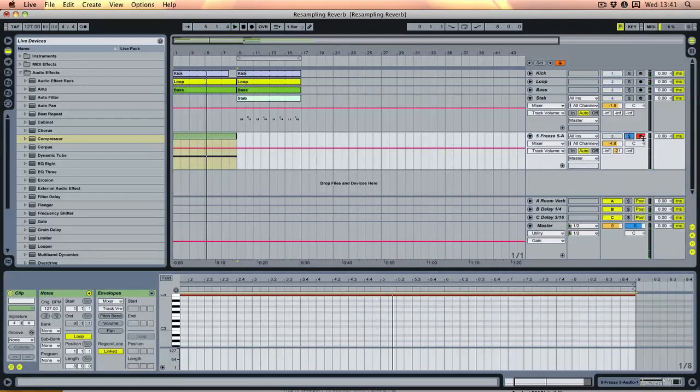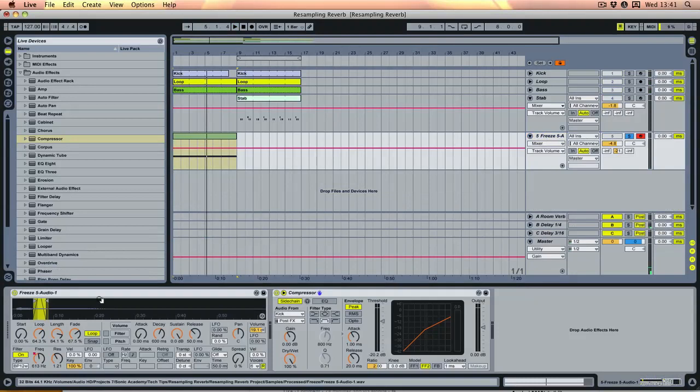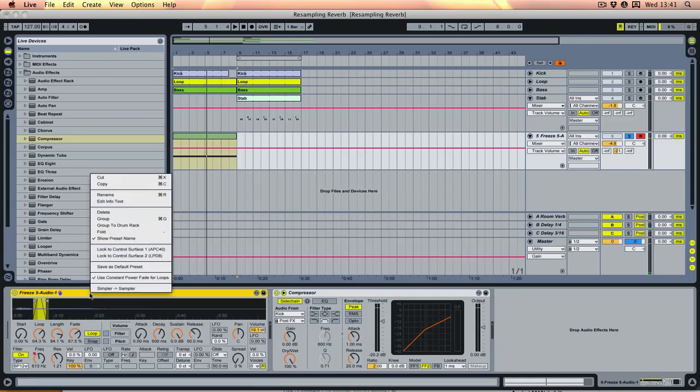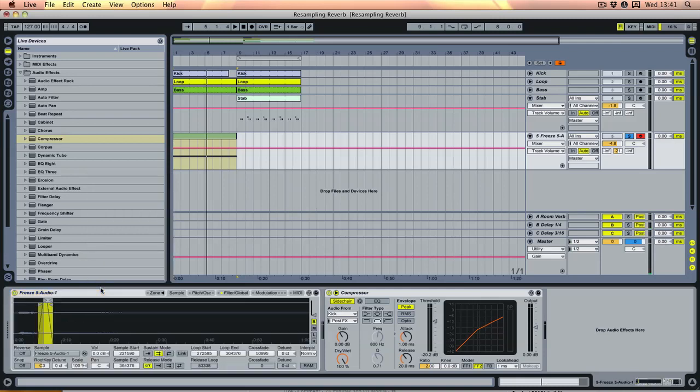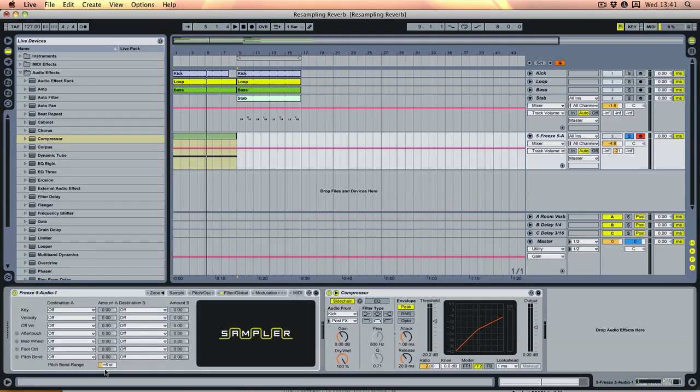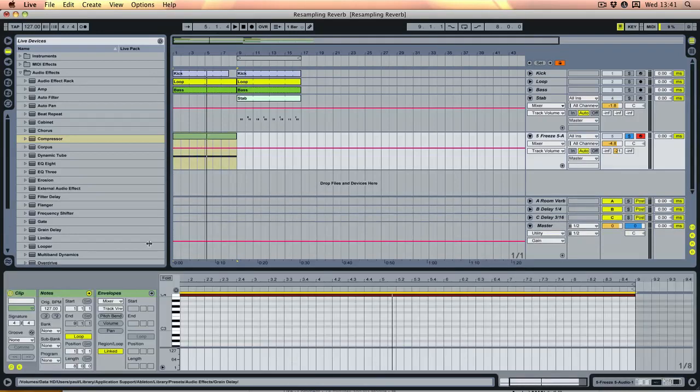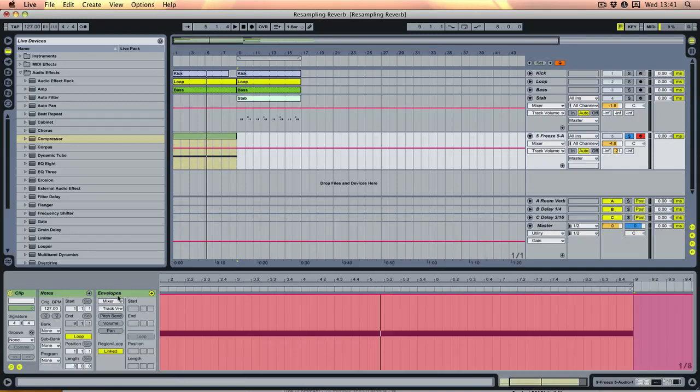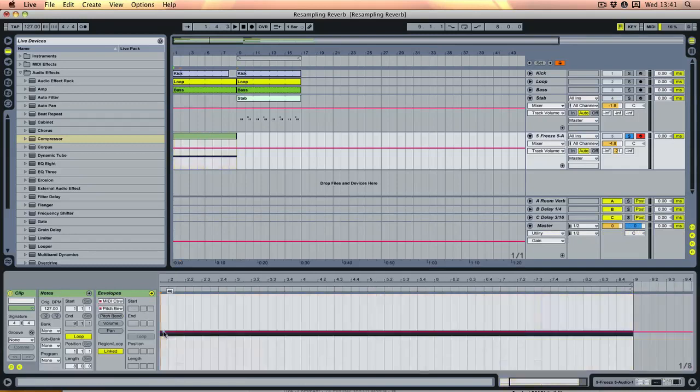But then there's plenty more you can do. Let's say you wanted to turn that into a riser, for instance. If we go in and change Simpler to Sampler by right-clicking there and hitting that. And in the MIDI section, set the pitch bend range to 2 octaves, let's say. Let's give it a nice wide range. Go into here and hit pitch bend. And just do a big long ramp from low to high, and